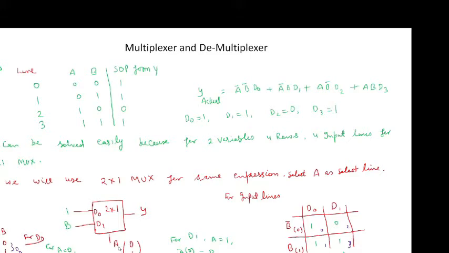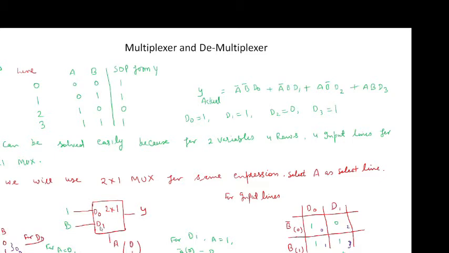Now for D1, you know that A will be equal to 1, because when we found the actual output, it comes out to be of the form A bar D0 plus A D1.